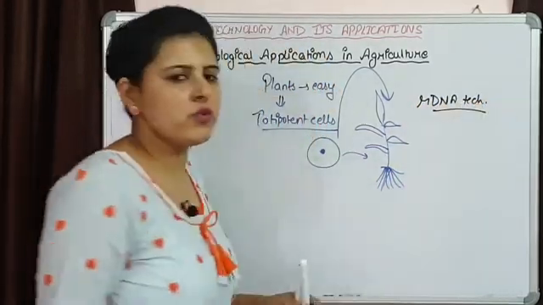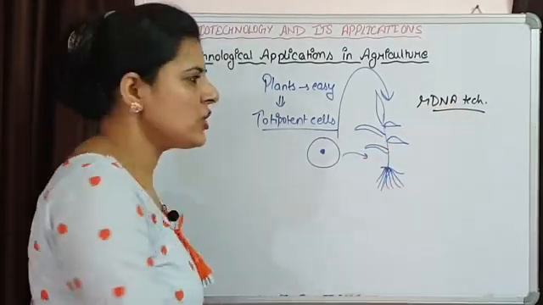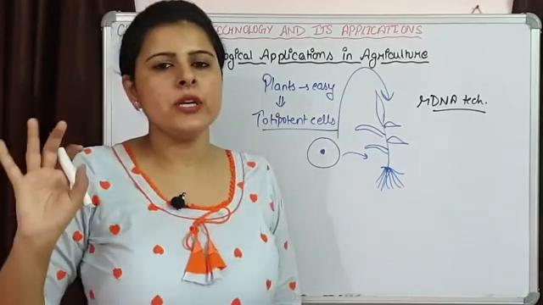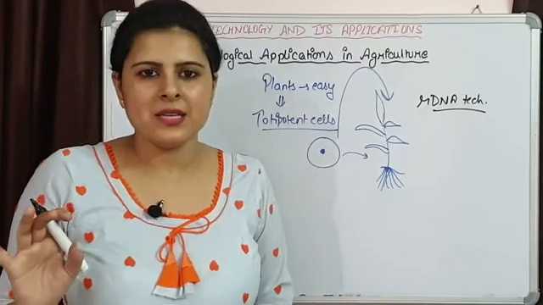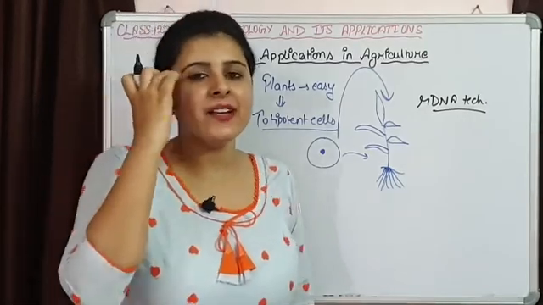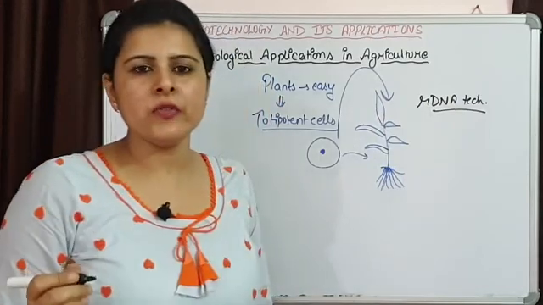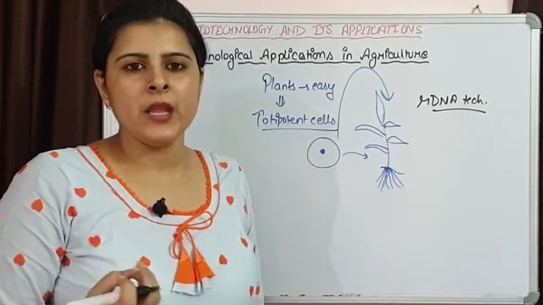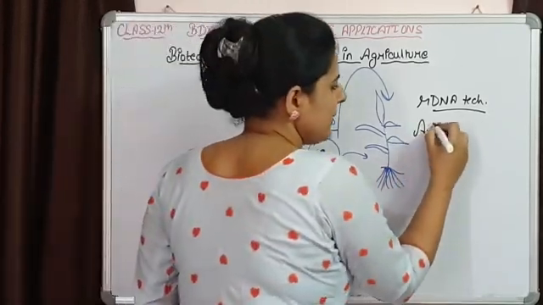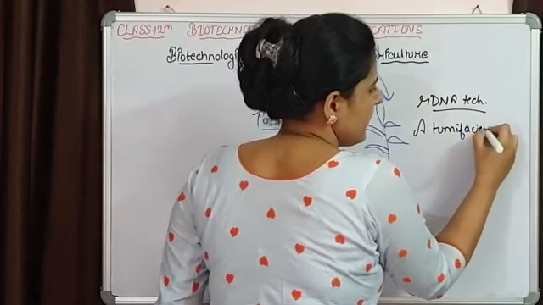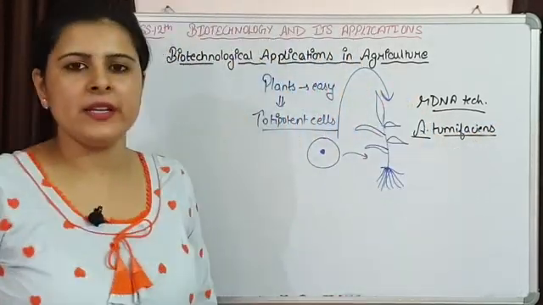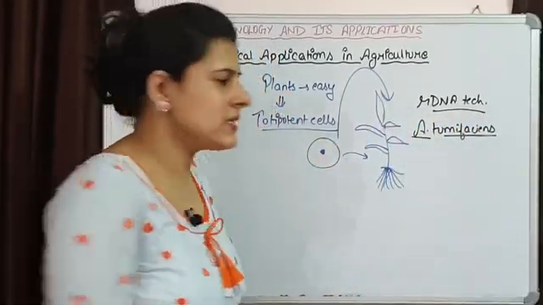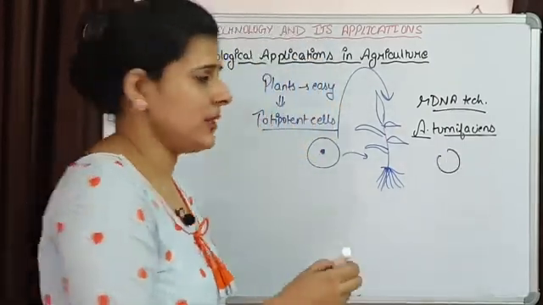In an earlier chapter we have talked about rDNA technology, in which we are taking one or more than one specific gene, and we are going to introduce that specific gene in a plant cell. Now for the introduction of this desired gene in a plant cell, we can use any vector. A virus can be used or a plasmid can be used, and most commonly a bacterium is used, that is Agrobacterium tumefaciens, because that is naturally infecting the plants. And this recombinant DNA that is formed is containing the foreign gene.